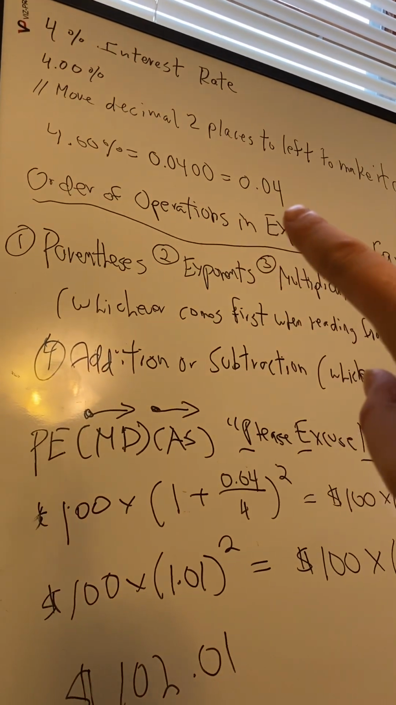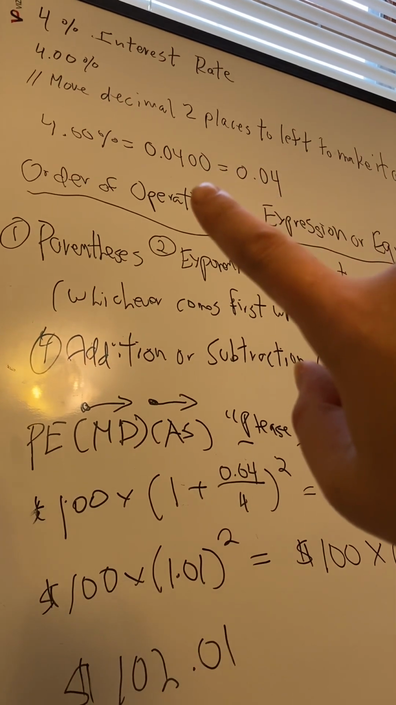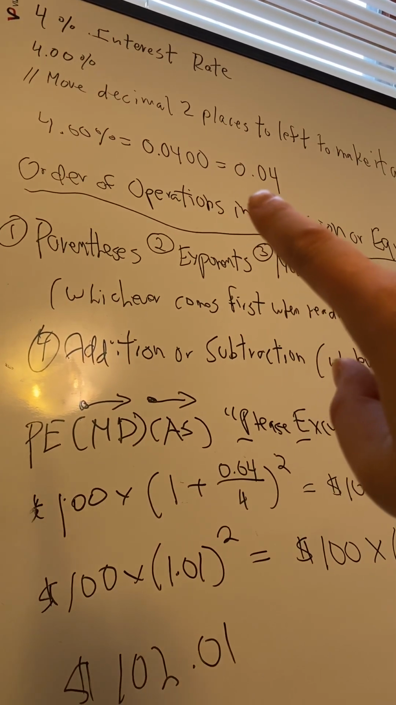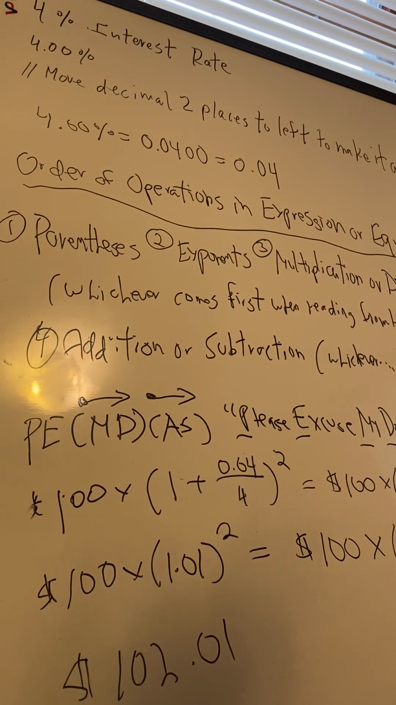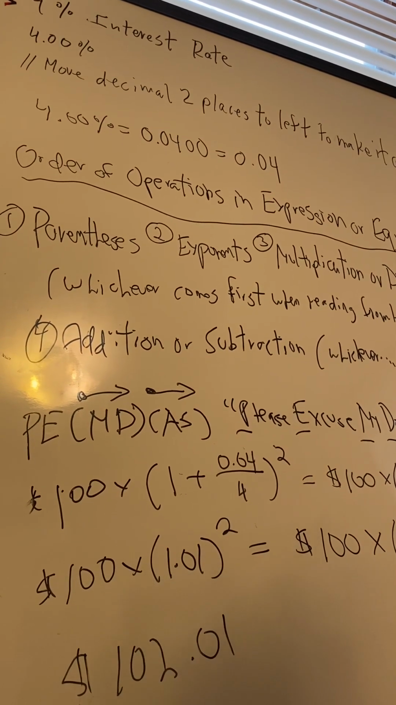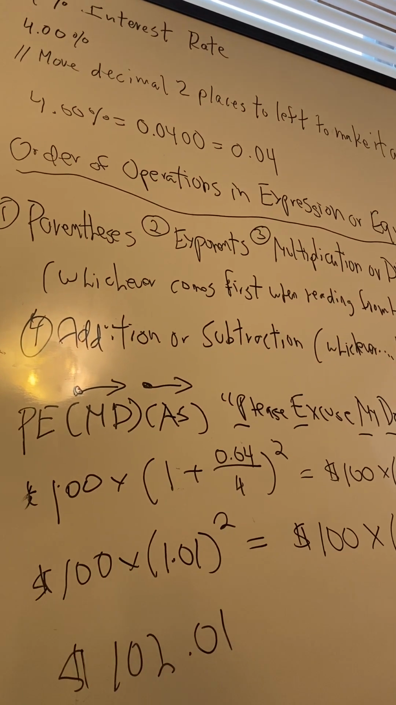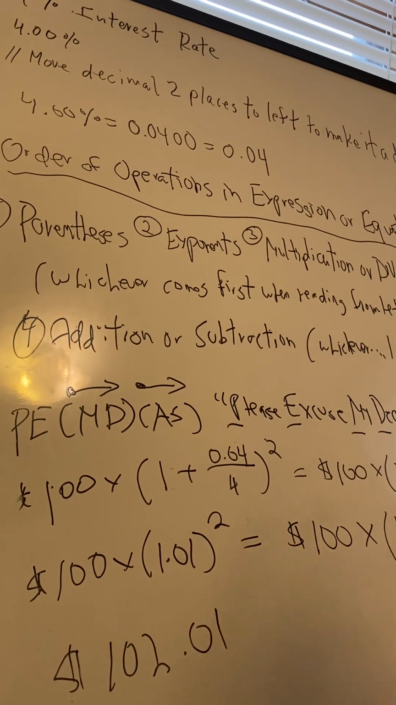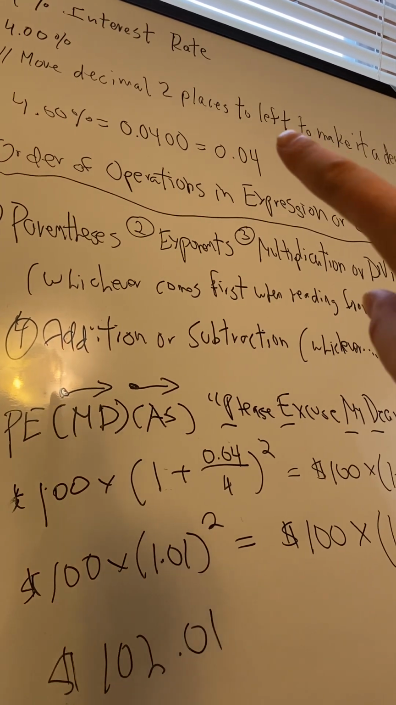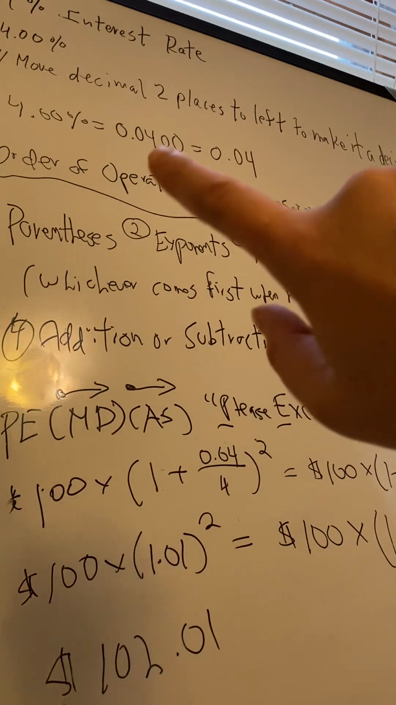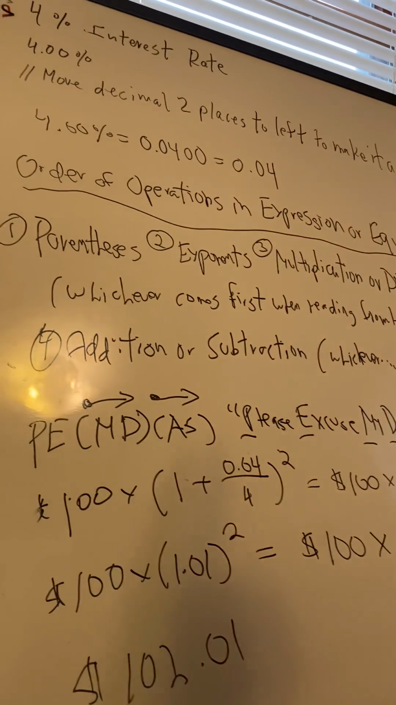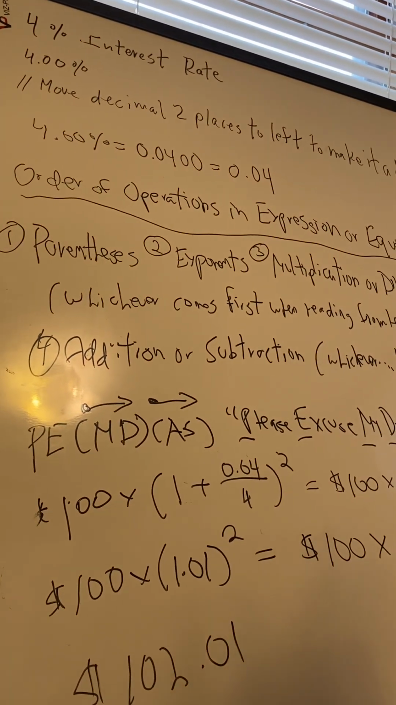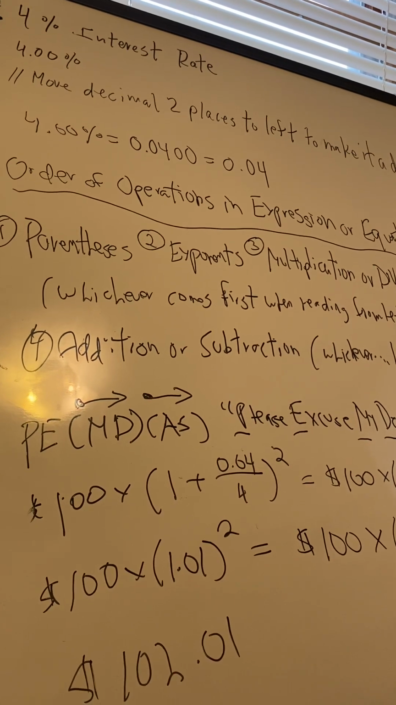So 4.00% becomes 0.0400. Now the zeros at the end of the decimal are irrelevant, so that just becomes 0.04. So 4% is 0.04. Now, the second thing we need to be able to do is evaluate our equation or